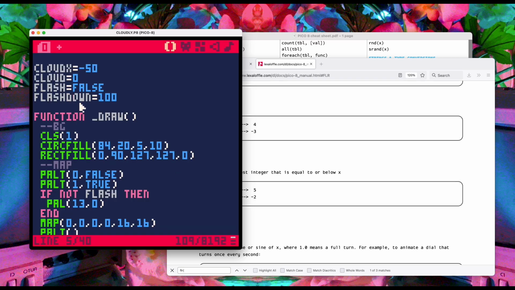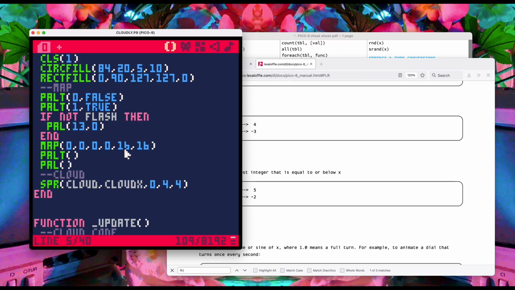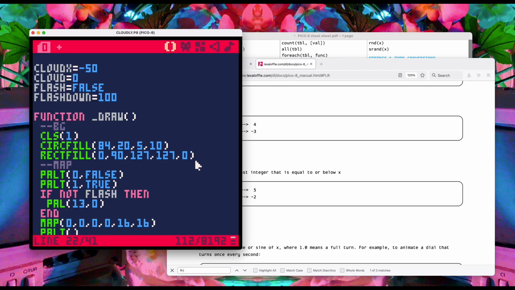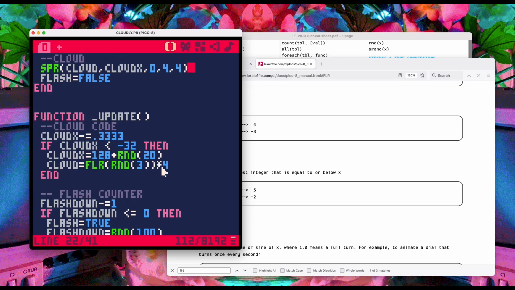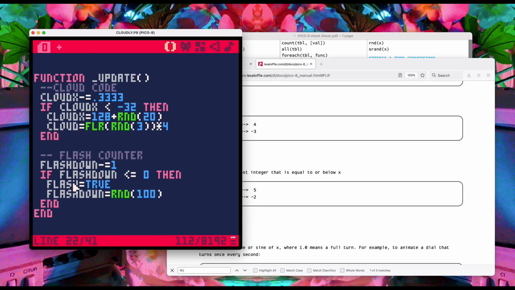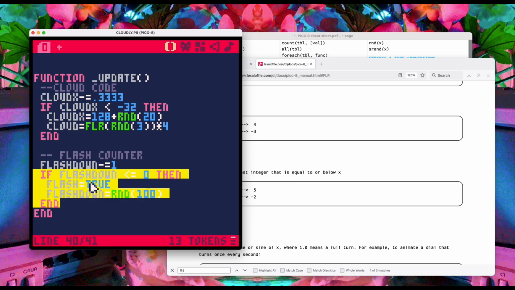Okay, so one cool trick. When do we want flash to be over? We want it to last only one frame, right? So at the end of our flash frame, we're gonna reset flash. Flash is false. So this will ensure that when this counter decides that it's flash time, flash is true,